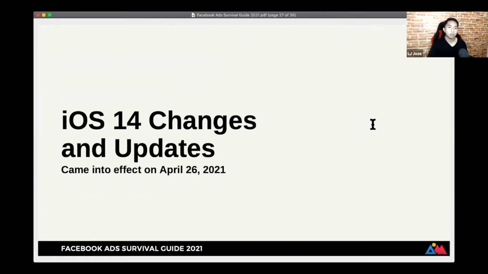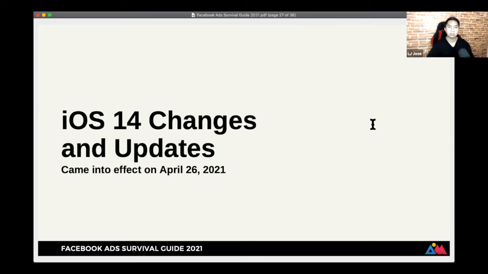So these came into effect on April 26, 2021. Imagine, nung April 26, ang aga-aga ko nagising nun, just to create experiments ng mga campaigns sa aming mga accounts niya. So we want to see what the difference is, kasi, 'di ba? So we created some campaigns, nag-experiment, nag-A/B testing, and see kung ano yung magiging results. Okay? Still ngayon, we're still trying to get data and experimenting, but we have insights na specifically on this.